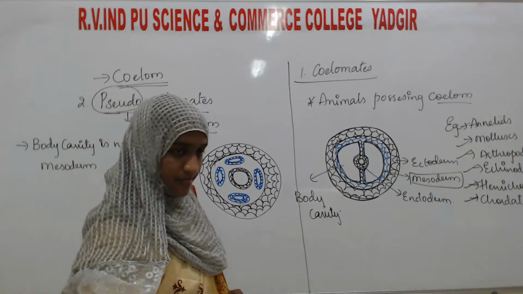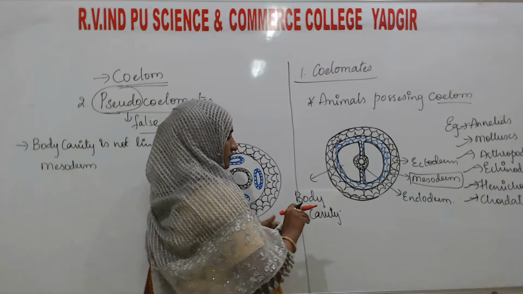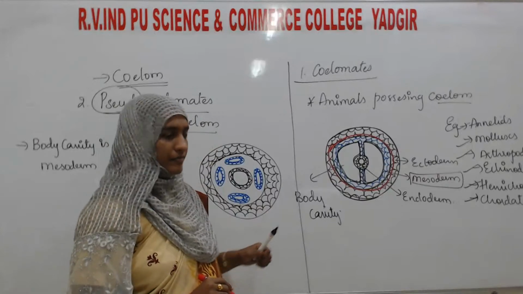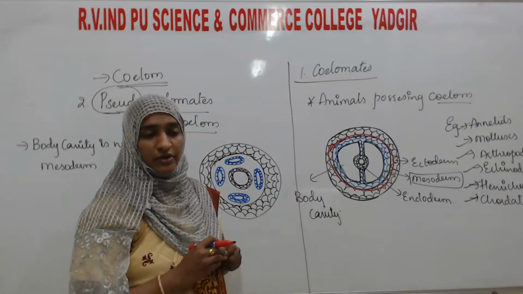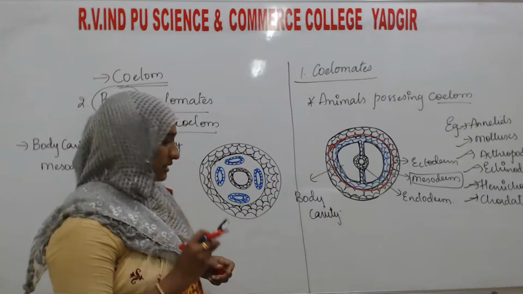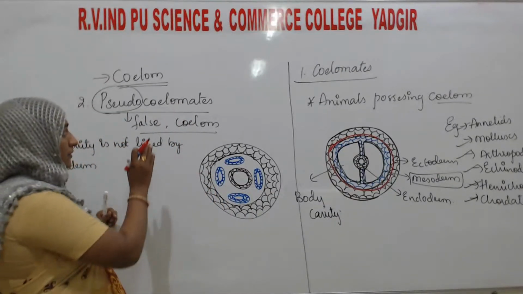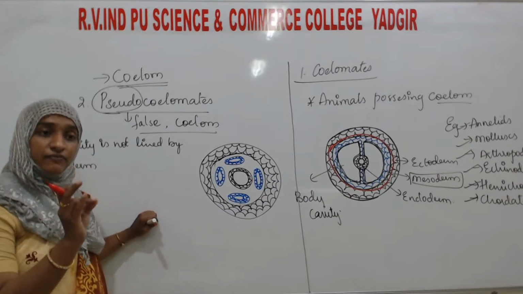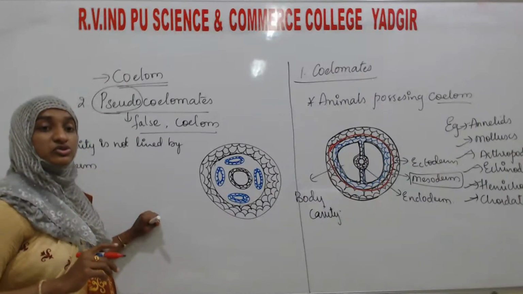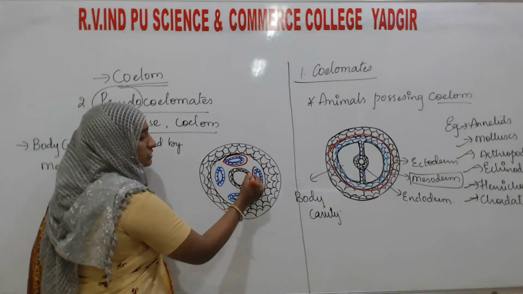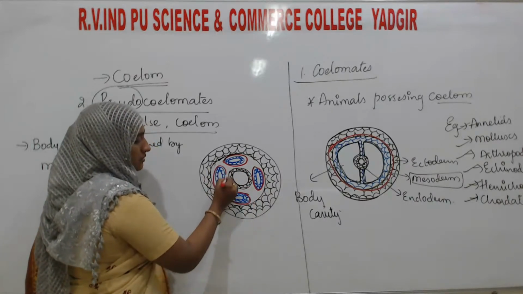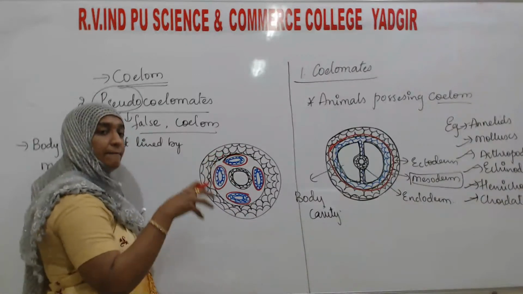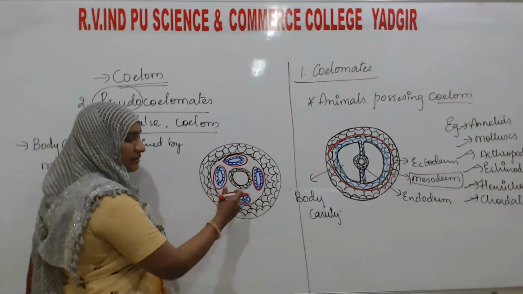Here you can see this layer is the mesodermal layer, where the body wall or the body cavity is lined by the mesoderm. But here in the pseudocoelomates, the mesoderm does not line the body cavity. This is the first thing. Instead of lining, they are present in scattered pouches. Here you can see certain pouches like this. There is no particular layer of the mesoderm, but it is present in pouches, scattered here and there in